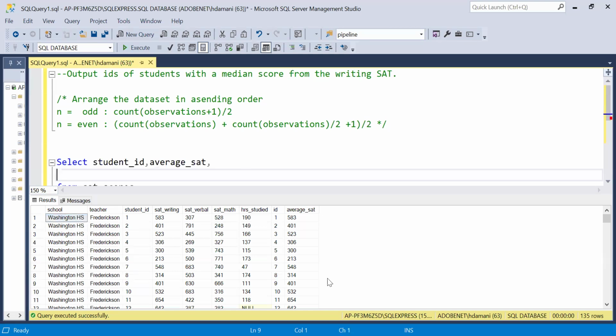So for that, I will fetch average set score as well, and I am creating that index value as well. For that, I am using row number over. Since we have to take all the student IDs over here, I'm not using any partition by, but for sure we have to arrange the data set into ascending order, so I have to do order by. Over, I'm doing order by on what? Order by on average